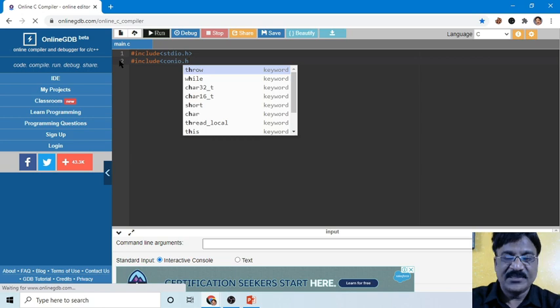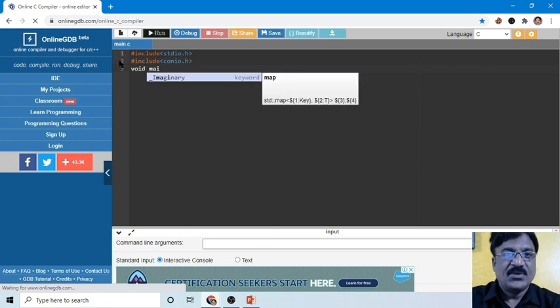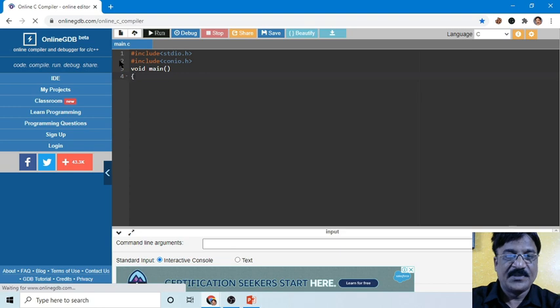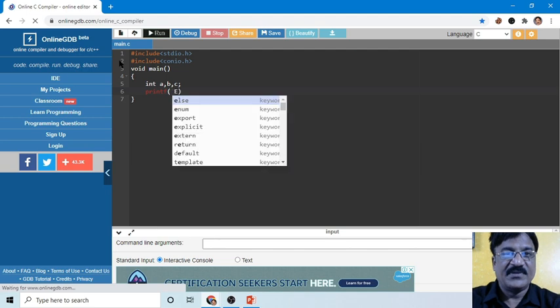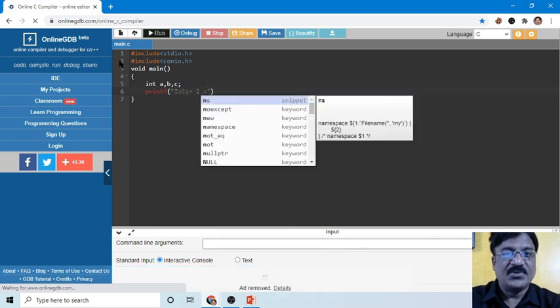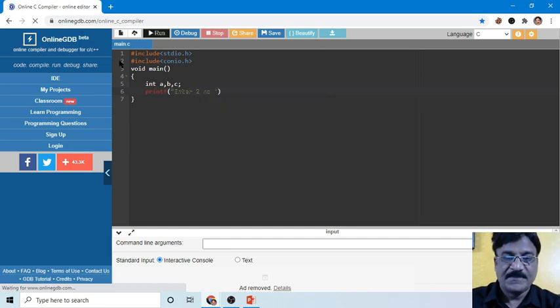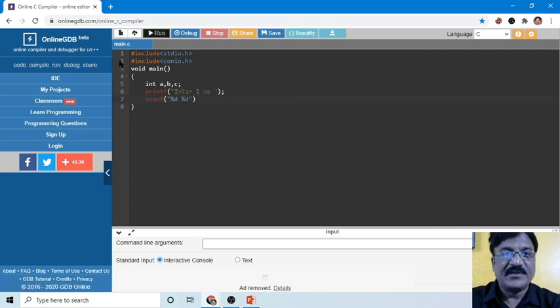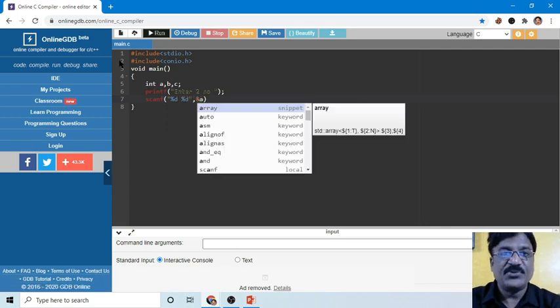I am writing the same program that we have written. Void main, see, I have not written the opening and closing brace. Printf, enter two numbers, scanf, automatically quotations are showing.